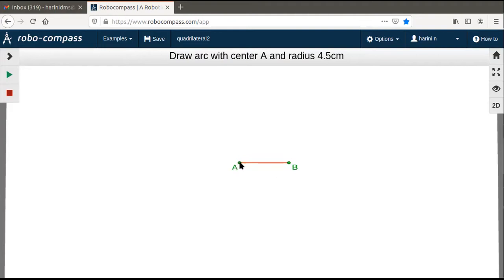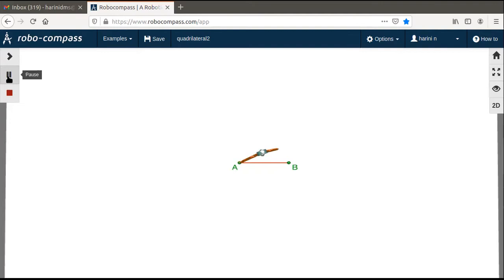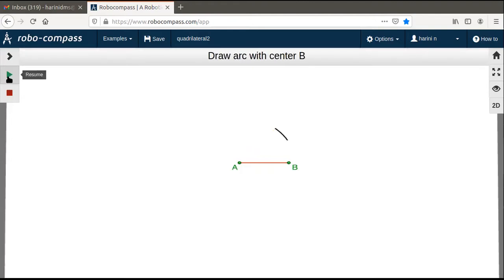So with A as center and radius 4.5 centimeters, you are going to cut an arc. So with A as center, that means the compass will be kept at A. You will take a radius of 4.5 centimeters in your scale and cut the arc. So let us see how this is done. I hope it is clear because the distance between A and C is 4.5 centimeters. The radius on the compass that you're going to take is 4.5. So see how it is drawn. You will keep your compass at A. With a radius of 4.5 centimeters, you have drawn the arc. I hope you have drawn the arc.